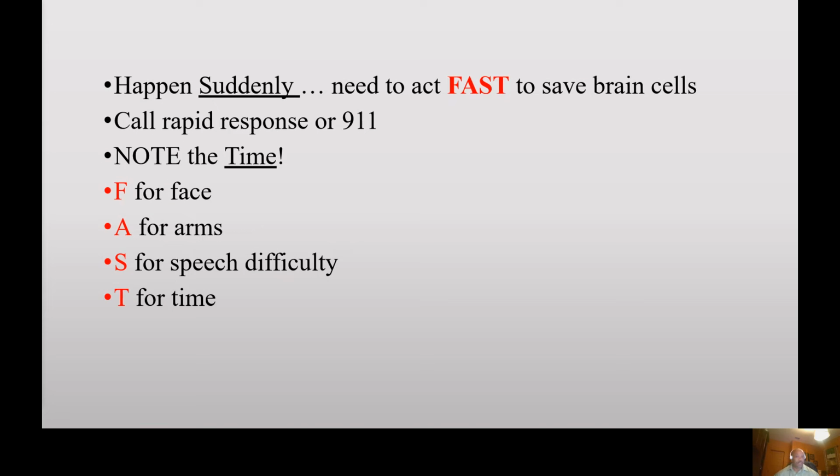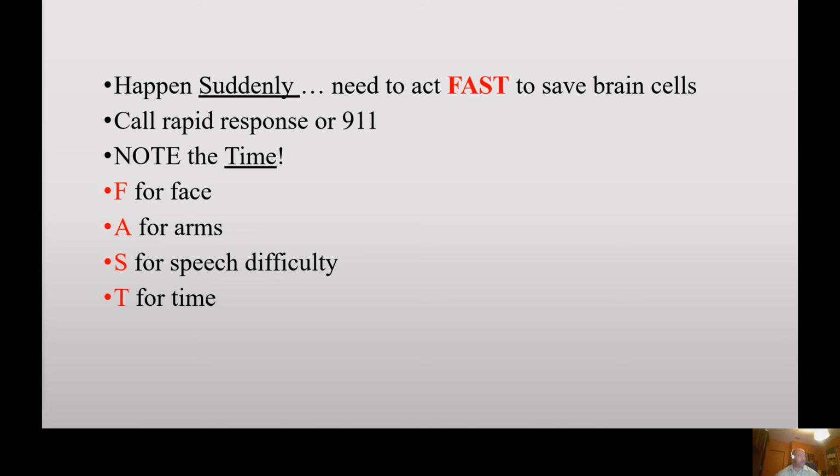All right. So on the previous slide, we looked at the acronym STROKES, and so we understand some of the modifiable and non-modifiable risk factors. So continuing on,